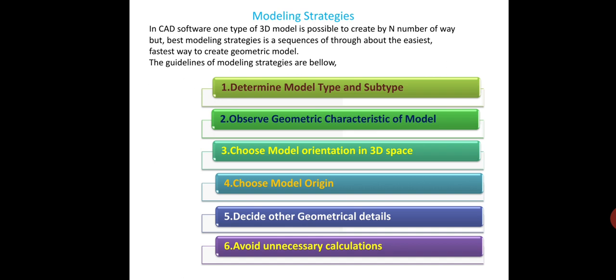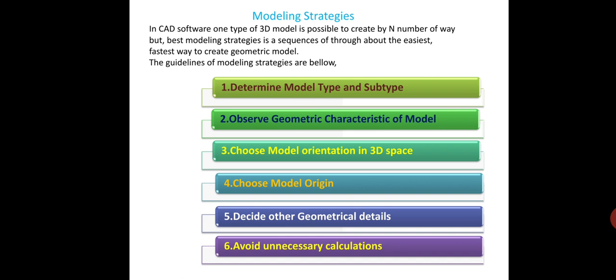You can see here these are the six stages, or six questions, or six steps, which one has to follow to complete the object in minimum time. We view a modeling strategy as a way for CAD designers to organize their thoughts. It is similar to a flowchart in programming activities. The development of an effective modeling strategy requires a CAD designer to answer this series of questions.